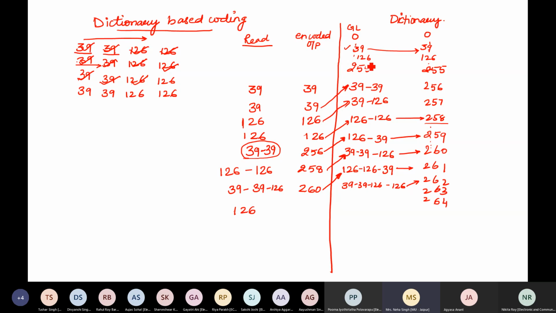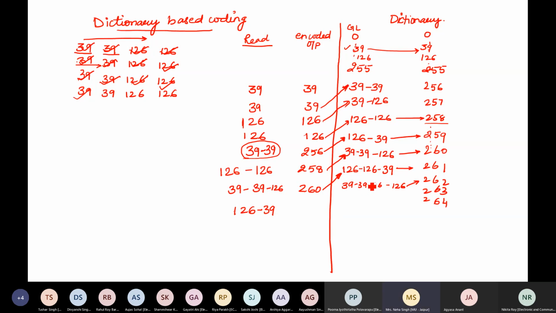Start reading the value for 126. I have a single 126, 126 followed by 126, 126 followed by 39 and another combination here. So I need the next value also. So I have read this 126 followed by 39. So I have this combination 126, 39 here.